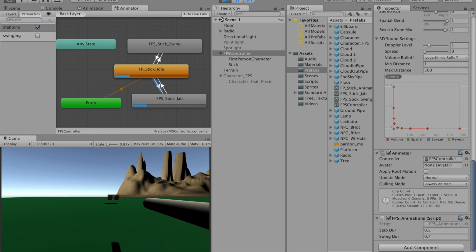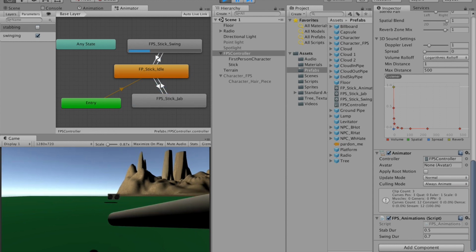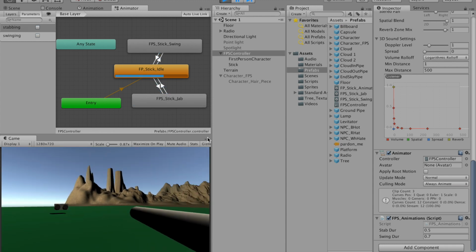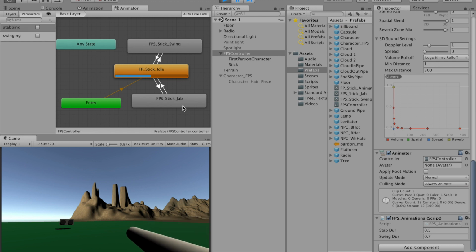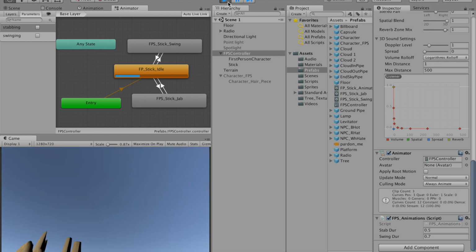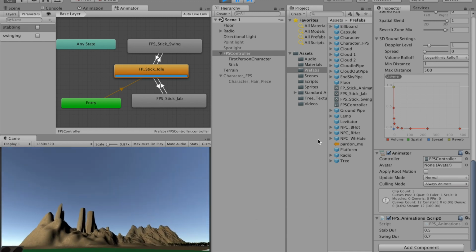Cool. Now we have our stab and we have our swing. We have a collider on there. We're not going to use that today. Maybe we'll make a second video to do that. One last thing is, as you can see, we in this